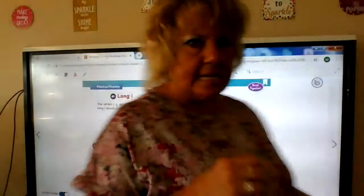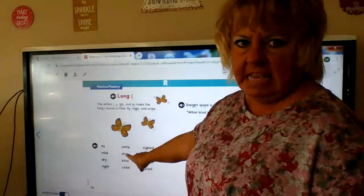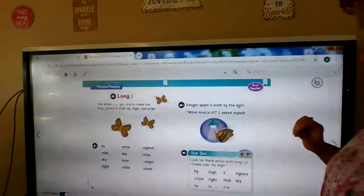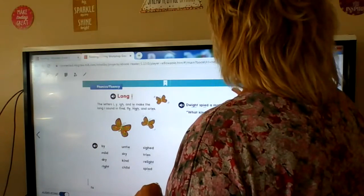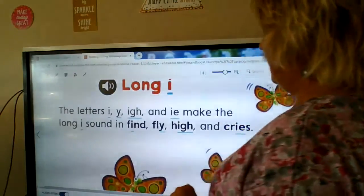Okay, I want you to get out your small reading book and turn to page 76. This week we're working on long I,